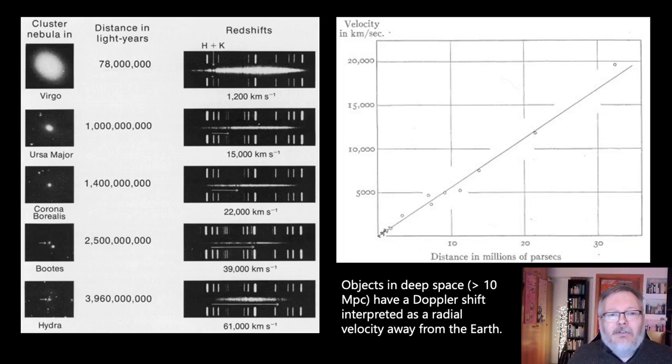And at these different distances, here are some images of the spectra. On the top one, the closest one, the Virgo galaxy, you can see these two lines known as the H and K lines, which are where you would expect them to be in a lab, more or less, very slightly shifted towards the red end of the spectrum. But as the galaxies get further away, you can see these lines shifted much more into the red end of the spectrum. And the fact that their redshift is greater implies that they are moving with greater velocities away,